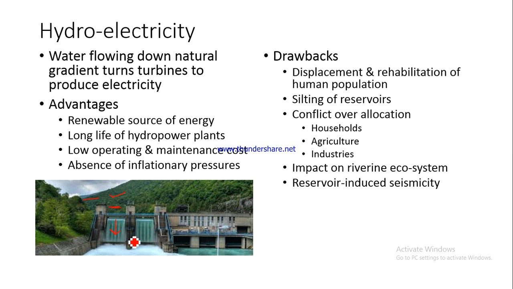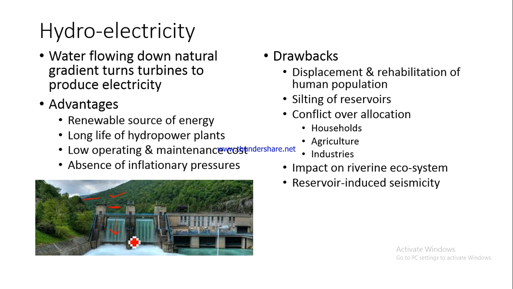Now let us have a look at the drawbacks. What are the drawbacks? First thing, and I think we have discussed most of these, so I'm not going to get into details. Displacement and rehabilitation of human population. We have taken the example of how, when the Sardar Sarovar Dam was getting built, so many people had to be displaced. They had to be uprooted from their ancestral land just because the dam was being constructed there, and then they had to be rehabilitated in a separate place,